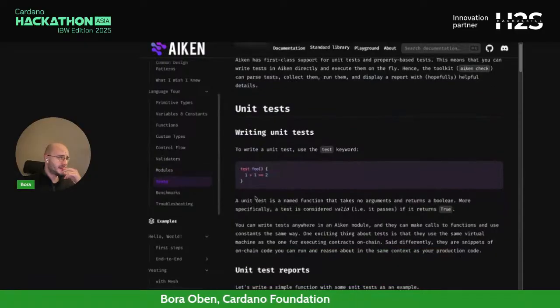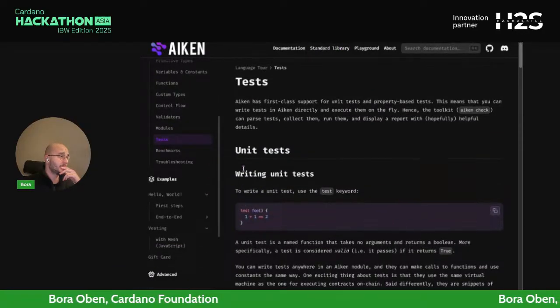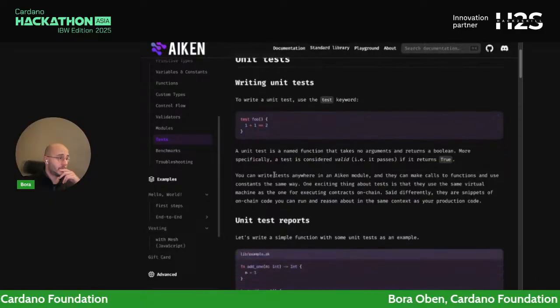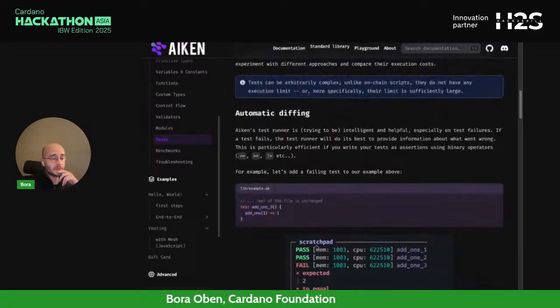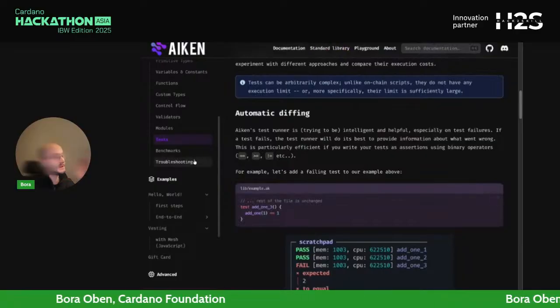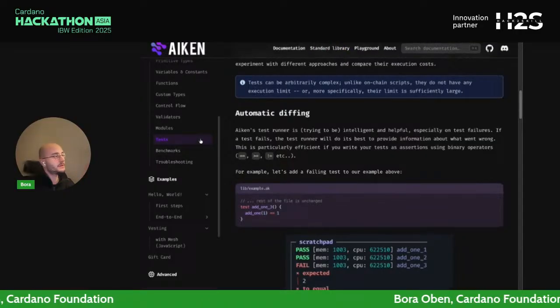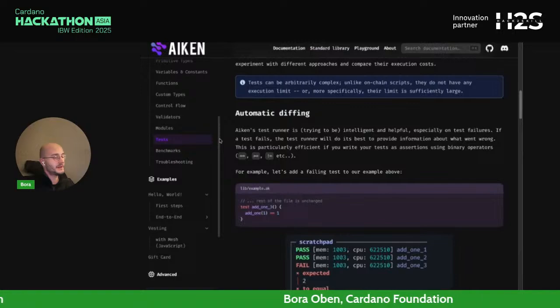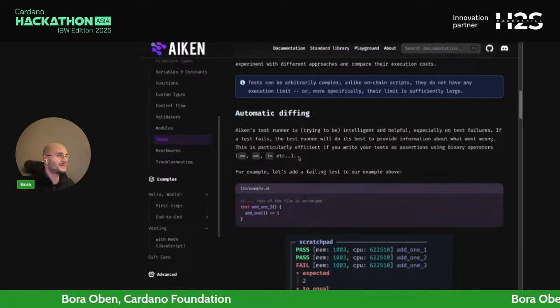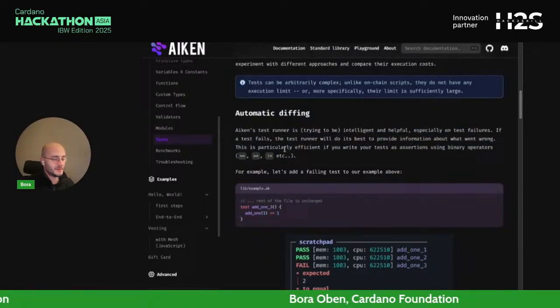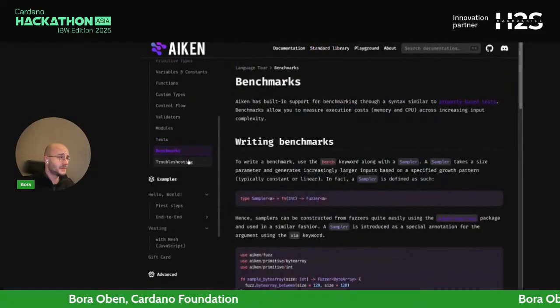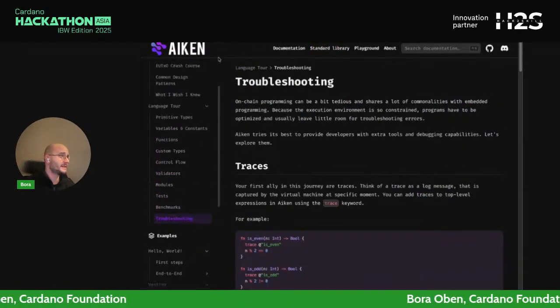There's a built-in testing suite in Aiken as well, which is really helpful, and we will see some examples of later on. But all around, what I'm trying to get at is this: if you start your journey with Aiken, you are in a nicely closed sandbox as a developer, right? You have all the tools you need at your service for doing anything on chain, and it's easy to pick up. So we'll start.